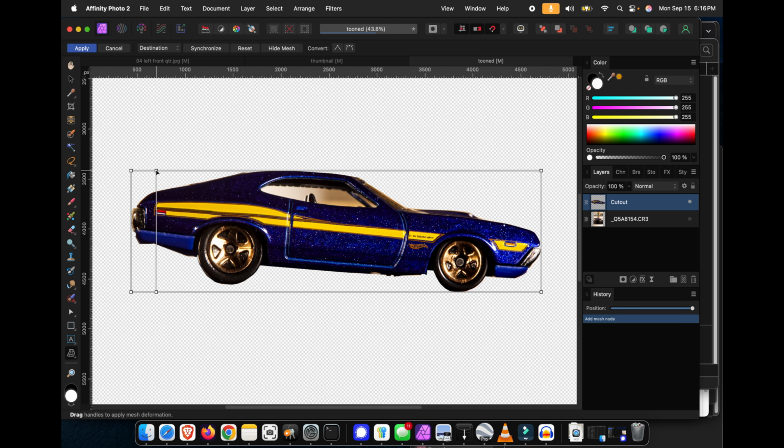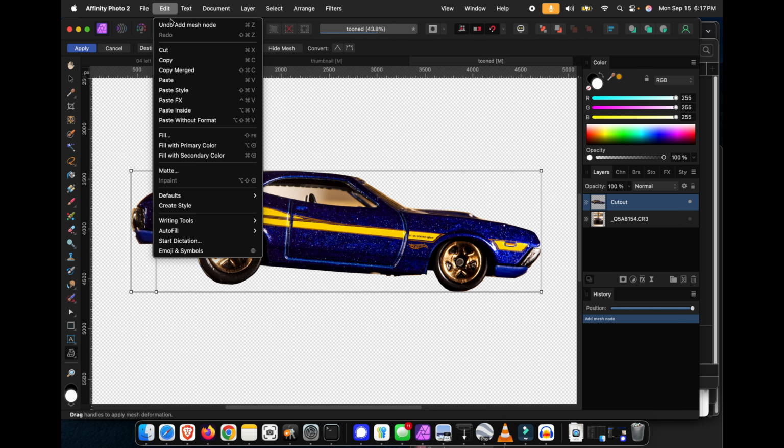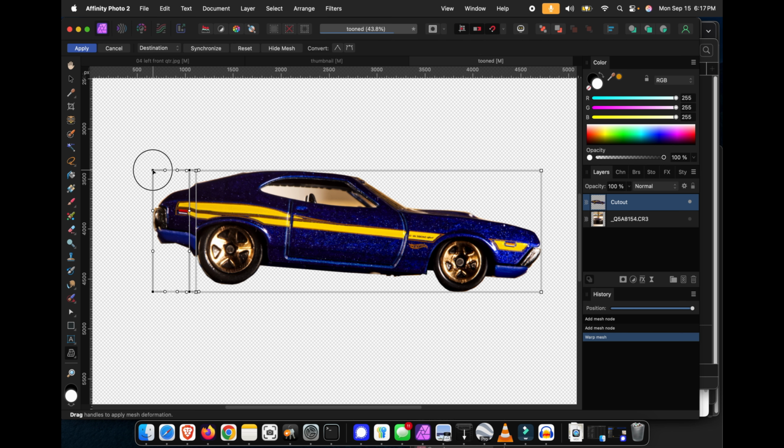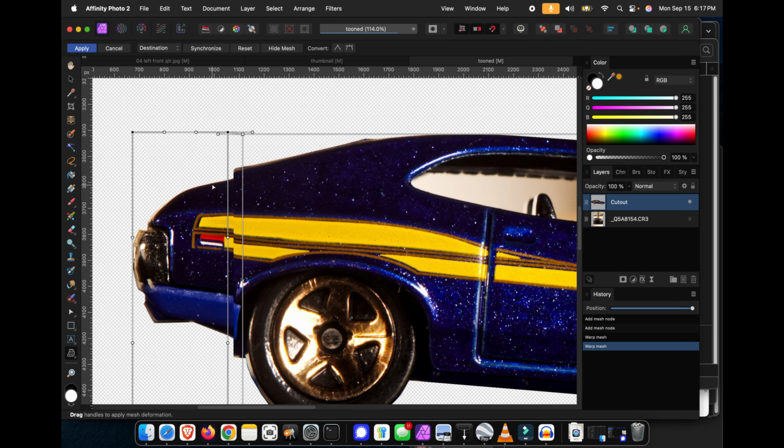Okay, now that we've got the car clipped out of the scene, or clipped everything else out of the scene, we're going to shorten the car. First thing we do is select the mesh tool from Affinity Photo, and we'll mark the points where we're going to make the area between these lines that I've drawn here shorter. There we go. You can see the rear of the car is getting shorter,